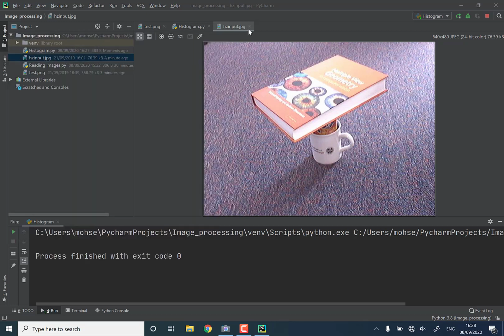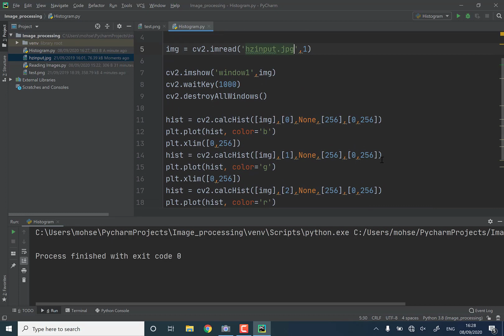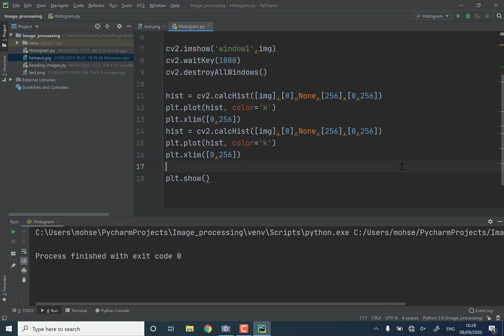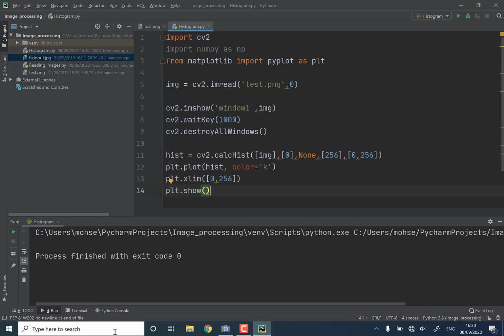Another thing in histogram we can do is using a mask. I did not use any mask in the images, but you can use a mask to plot a histogram of a specific part of an image. Let's go back to our previous image. I plotted the histogram for the whole image. Now assume I wanted to plot a histogram for a specific window inside that image. For instance,